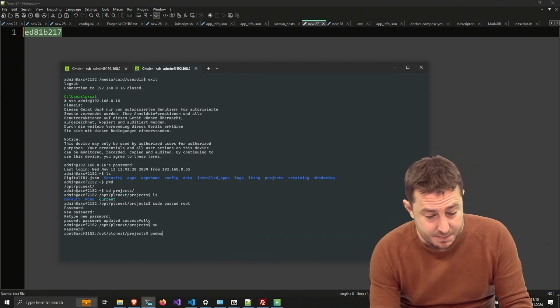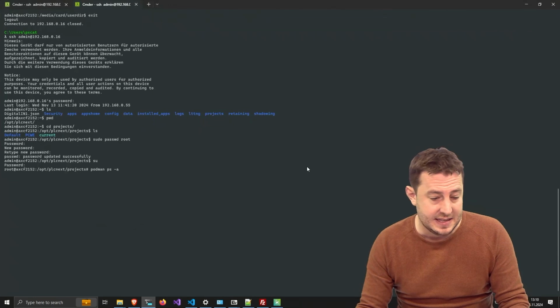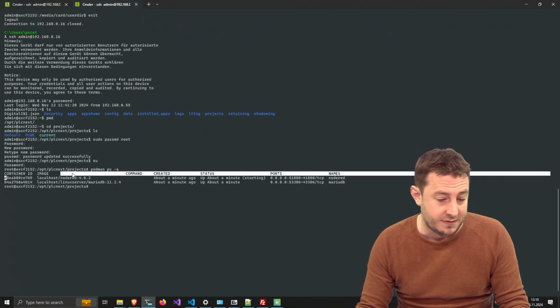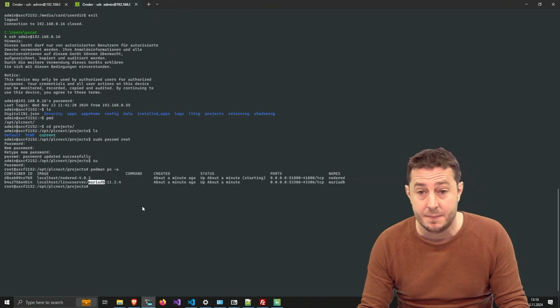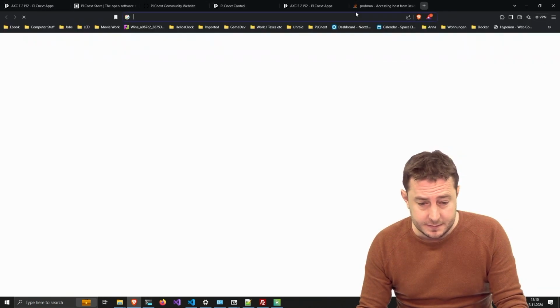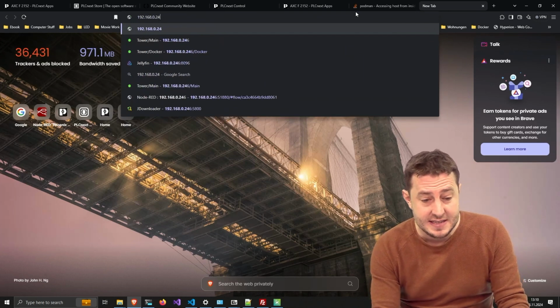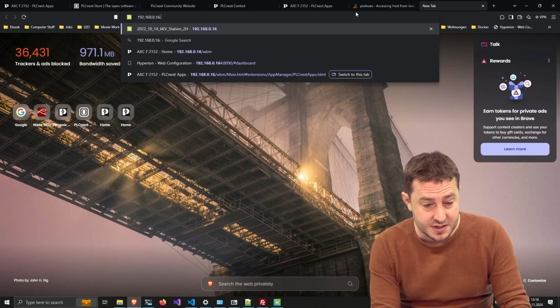And now we can check podman ps -a. Let's check. Yes, wonderful. We see we have Node-RED running and the MariaDB running. Okay. Let's check if in Node-RED we should have preloaded containers.